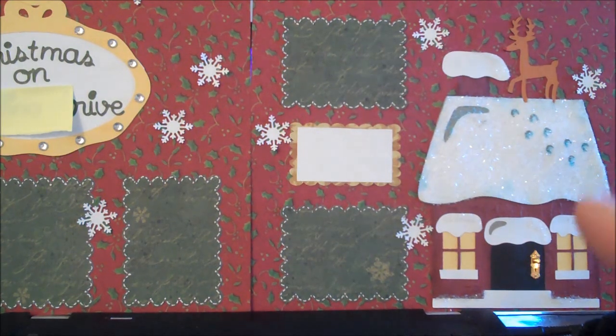And you can see the little house over here is from Jolly Holidays. And I thought since I had the Expression pulled out and I was doing a cut, why not do two of them, right? Kill two birds with one stone. I hate that saying. I don't even know why I say it, but anyway, you get my point. I would never kill a bird with two stones or two birds with one stone. I would not do that. Anyway,